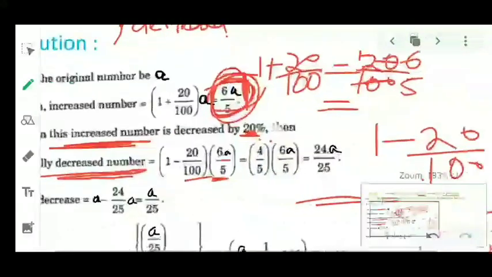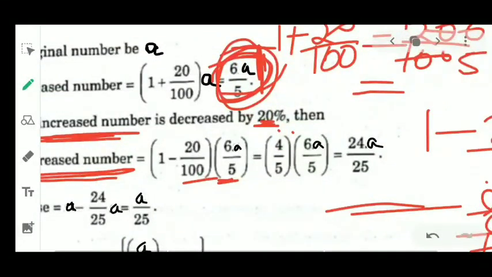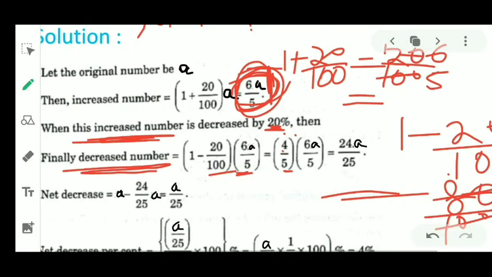So 1 minus 20 by 100 will become 4 by 5. Clear? So 4 by 5 into 6a by 5. 4 into 6, 24, and 5 into 5, 25. So the decreased number is 24a